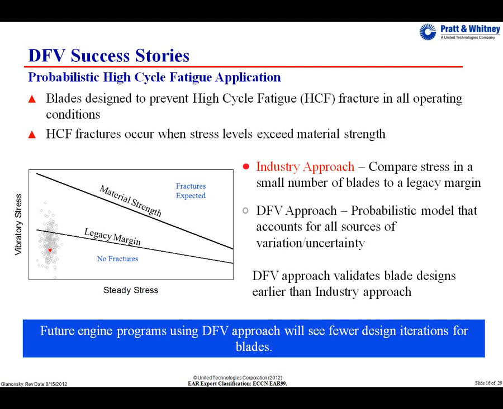We proved that this could work as one of our first pilot projects to management by taking an old example where we had a blade go through one of these, it looks good, but then it fails situation. We ran it through our probabilistic model and showed them that if we had had that model back then, we would have predicted, despite the fact that the max stress you saw was low, 30% of your blades were actually going to exceed material strength. We could have avoided the whole thing if we'd had it back then. It was a pretty convincing argument, and that's how we took the project through to completion.